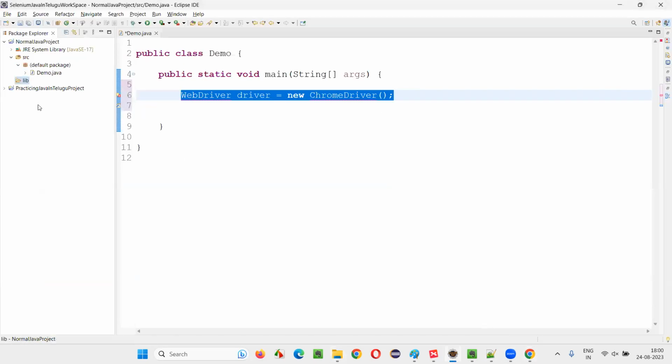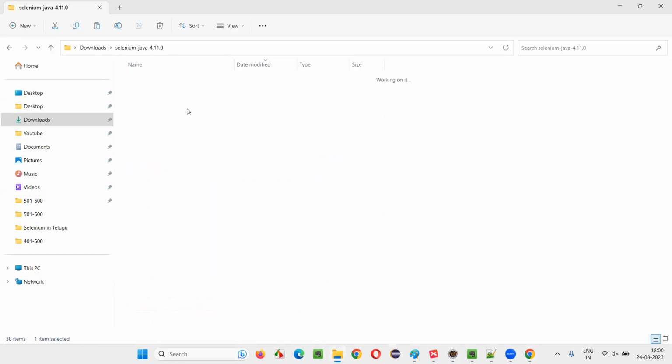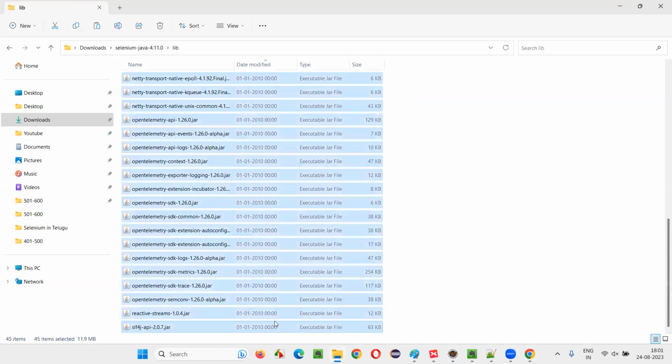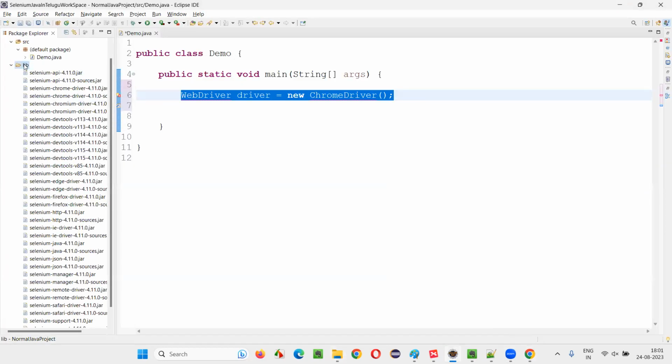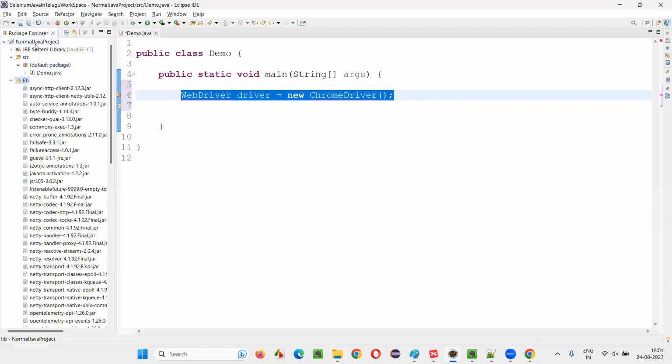Copy and go to the project, and here under the lib folder that I created, I'm pasting it. Similarly, go inside the lib folder and copy all the jar files, and paste them. Right click and paste. Once you paste all the jar files, right click on the project, select properties,